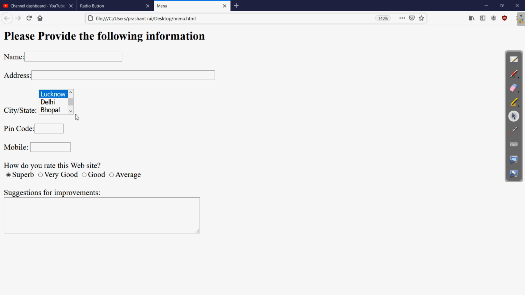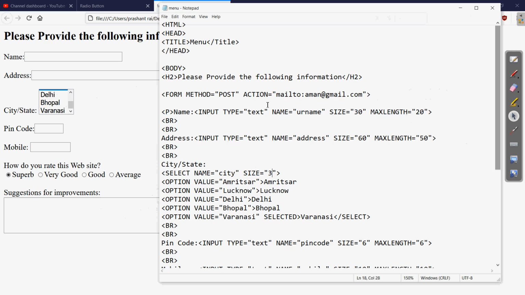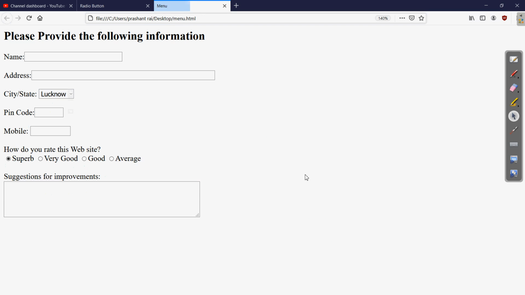Clear? So you can see when I click on the city button, now at a time there are 3 names visible, and we have a scroll button which can be moved. Whatever size we are specifying, the same number of values appear here. Clear? If we want only a single value to appear and the rest of them to be selected, I click on size as 1, save this and see what will be the effect. Now come to the page once again.